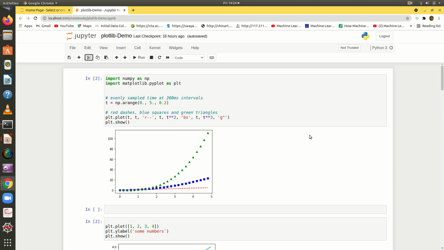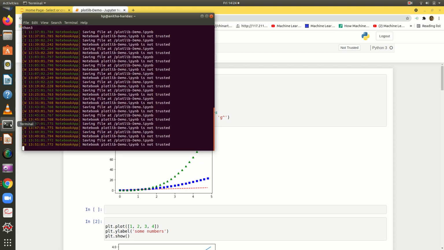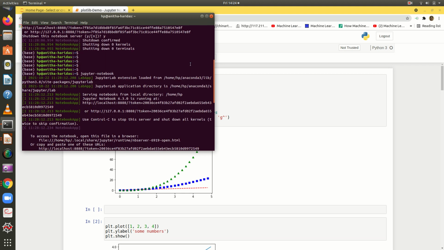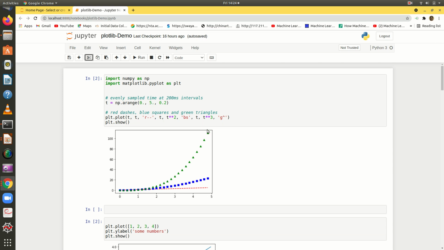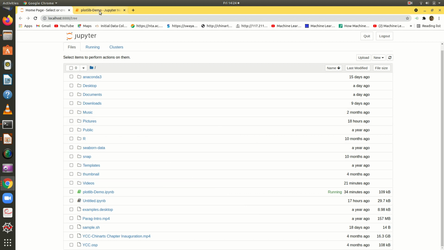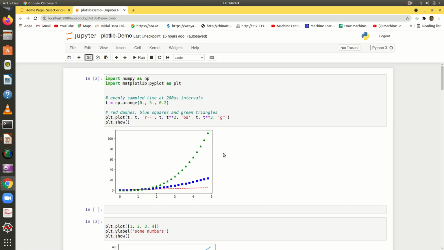And if you want to open the Jupyter Notebook, I can show you. This is how I have opened the Jupyter Notebook. I have installed Jupyter Notebook already in my machine, and I just invoked it by saying jupyter notebook and pressing the enter key. Automatically it has opened this particular page, and from there I can open any program that I am going to have.